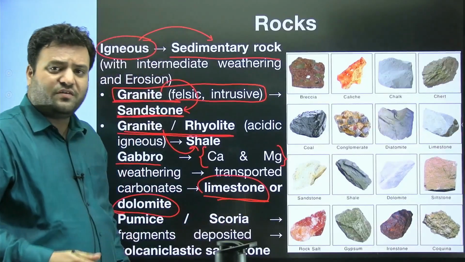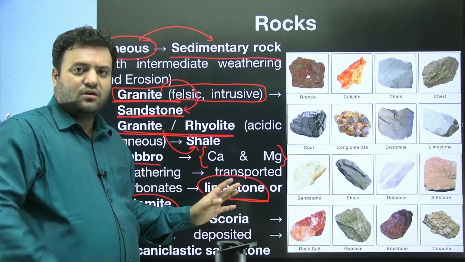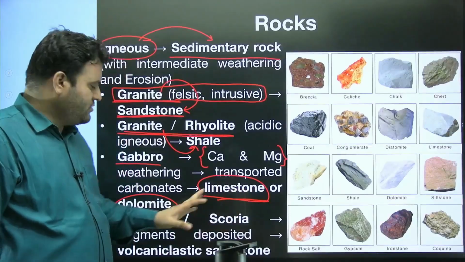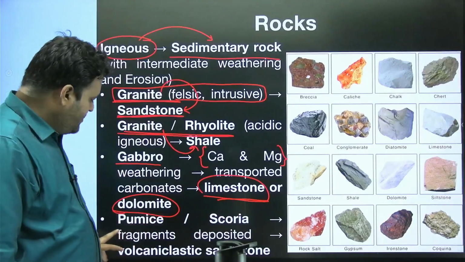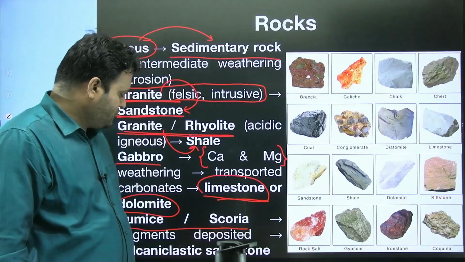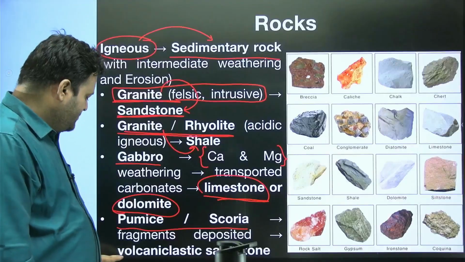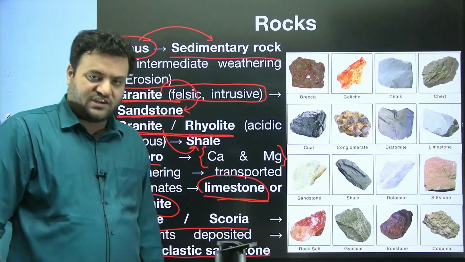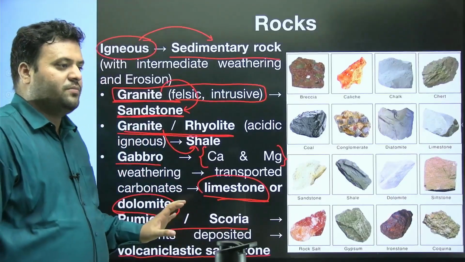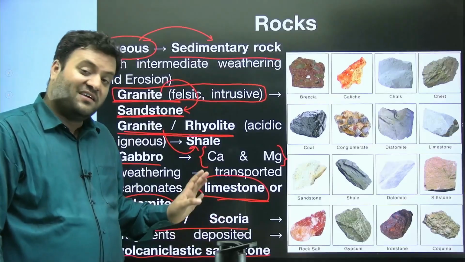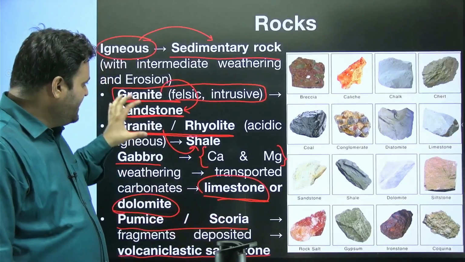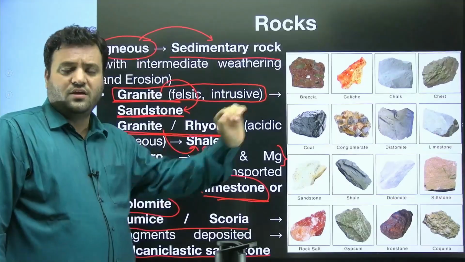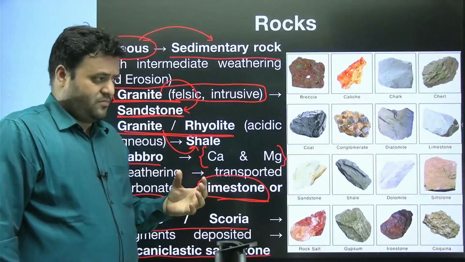If it is more refined, then it will be limestone. If it is less refined in terms of its structure as compared to limestone, then that would be dolomite. And here you can see we have pumice and scoria. They are also responsible for volcanic clastic sandstone if there is erosion or weathering. So here the igneous rock is actually transformed into sedimentary rocks. More examples in order to get a